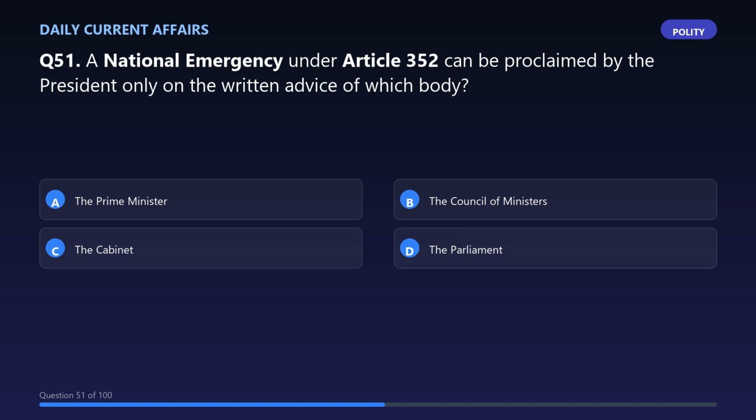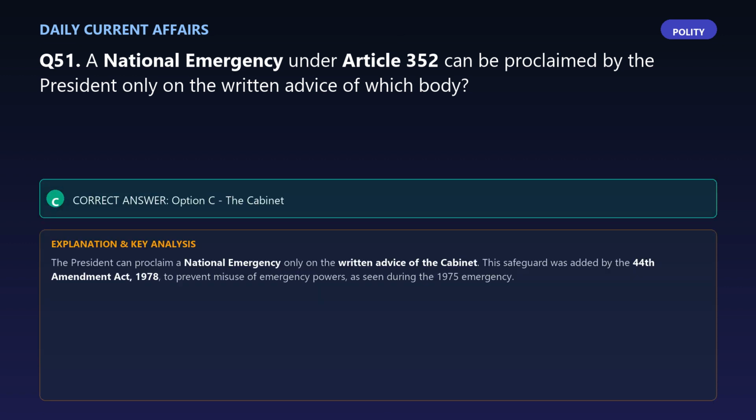Question 51. A national emergency under Article 352 can be proclaimed by the President only on the written advice of which body? The correct answer is option C, the Cabinet. Explanation: the President can proclaim a national emergency only on the written advice of the Cabinet. This safeguard was added by the 44th Amendment Act, 1978, to prevent misuse of emergency powers, as seen during the